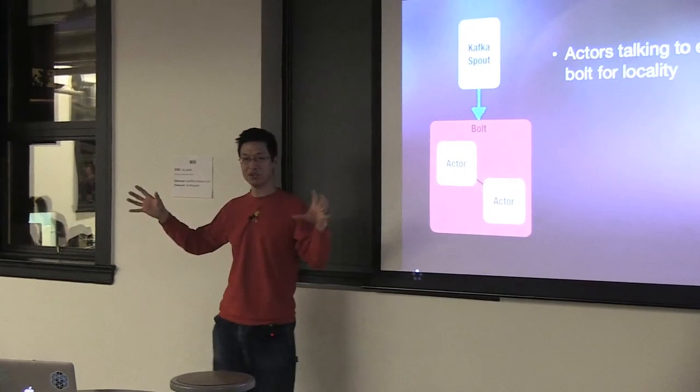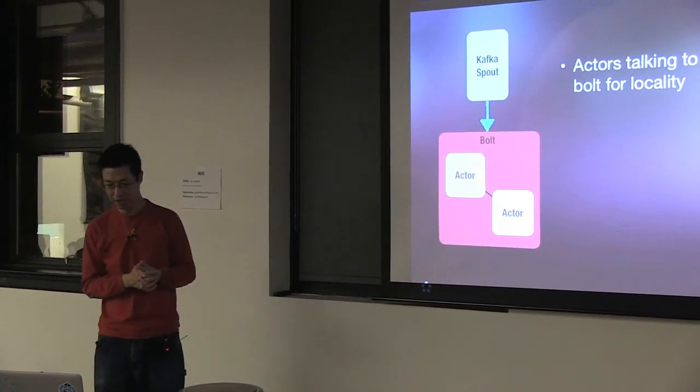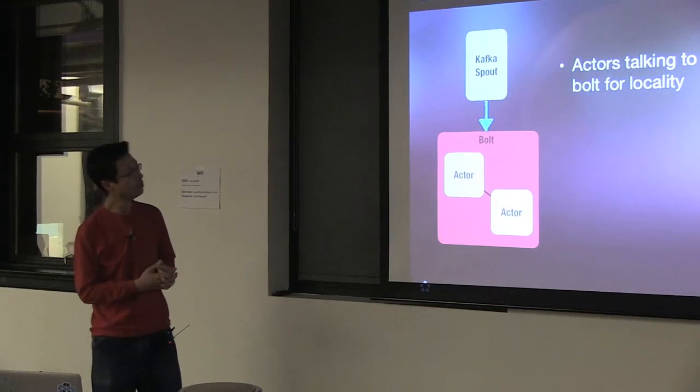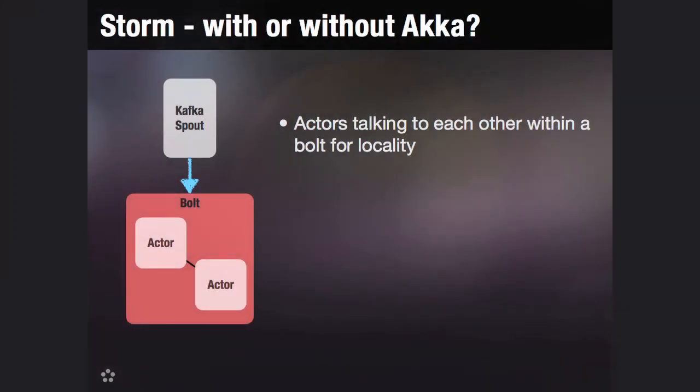And the way that it works is that you define parallelism. So bolts are the processing unit, and you can have multiple of them. They are distributed across machines, and they do some work. Strictly speaking, Storm actually doesn't have anything to do with Akka. You could, but most people will not use Storm with Akka.